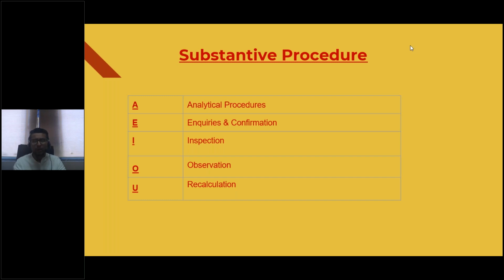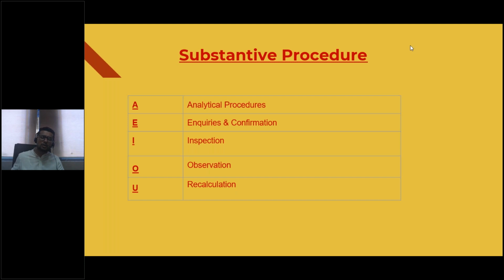And inquiry means that you are going to investigate and you are going to have a discussion with the management. So very often you are going to figure out in the past papers, the examiner would come up with wording such as discuss the assumptions used in the calculation of, let's say, depreciation with the management. Have a discussion with the management regarding the assumptions used in the calculation of depreciation. So what does that word discussion mean? It means you are having a chit chat with the management, and you are trying to figure out some evidence, and this is classified under the category of inquiries.